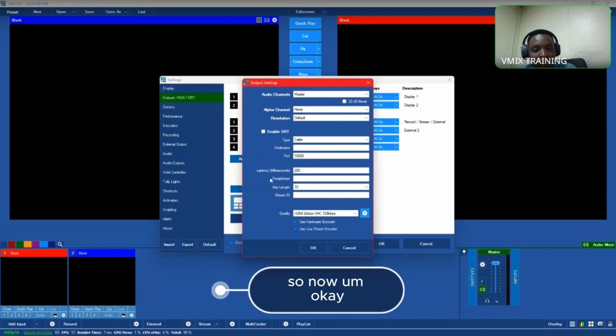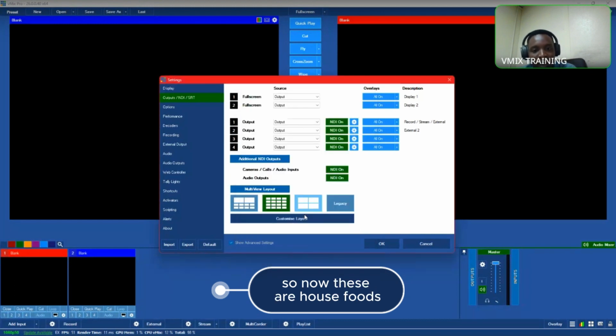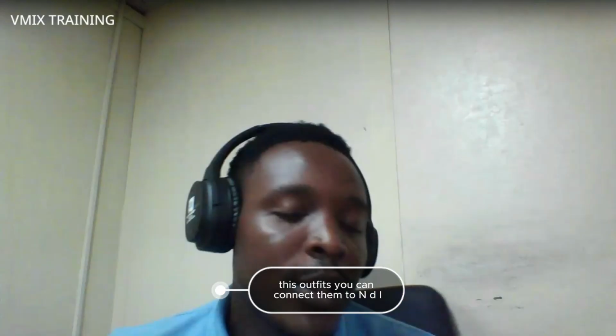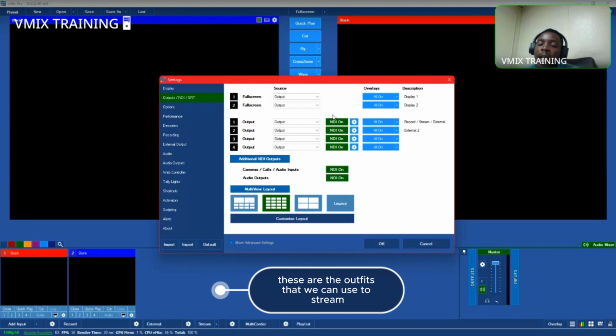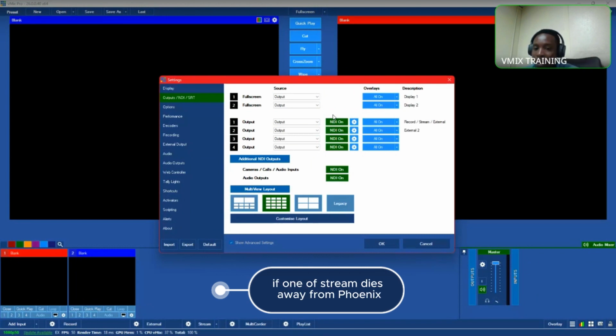So now, these are outputs. These outputs are for our display, so we can give them the kind of settings that we are seeing here. Outputs one to four are additional outputs. We can connect them to NDI. These are the outputs that we can use to stream if we're not streaming directly from vMix. So how do we maneuver this? There's a settings button close to all of them. Once you click on it,